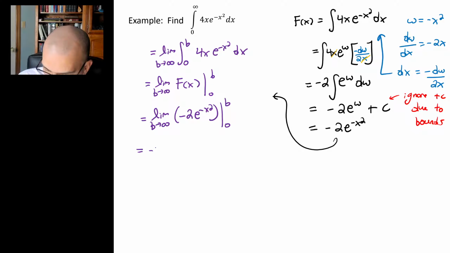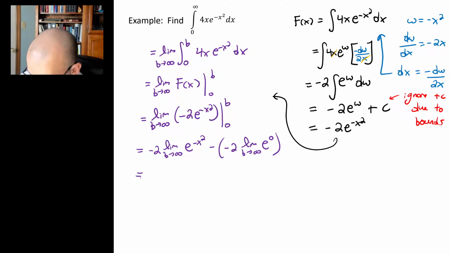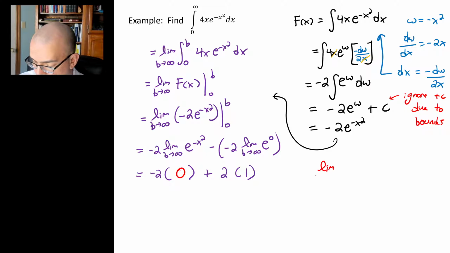So that'll be negative 2 times the limit as b approaches infinity of e to the negative x squared minus negative 2 limit b approaches infinity of e to the 0. We'll get negative 2 times 0 plus 2 times 1. I'll explain where the 0 came from. Limit as b approaches infinity of e to the negative x,